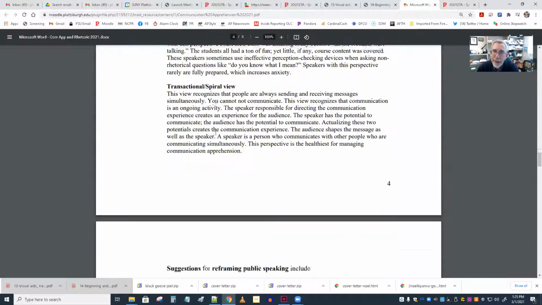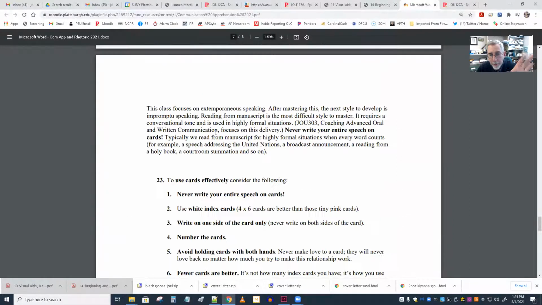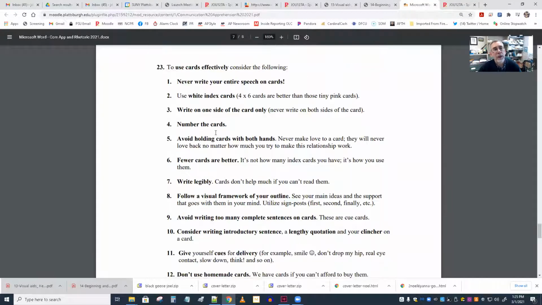Remember, tagged at the very end of this is something I said we'll come back to, we'll talk about it later, and it is to use cards effectively. Because remember, for entomology presentation, you're going to need to have cards. You've done all this research, the note taking and so on, right? And you've thought about your introduction, how it's going to work. So what are you going to put on the cards? Well,